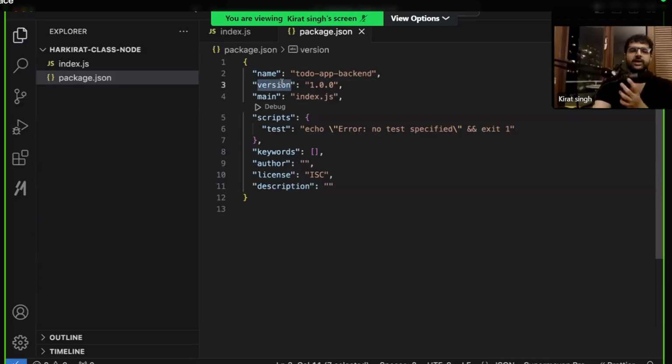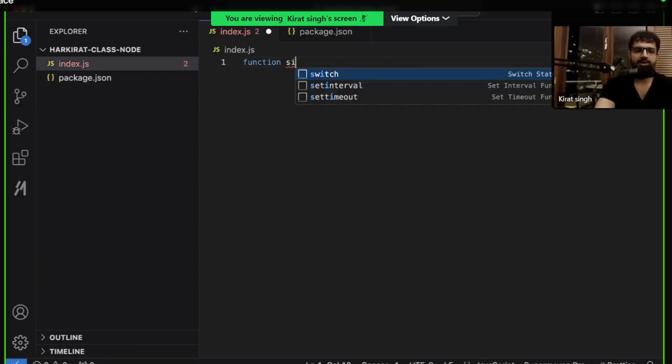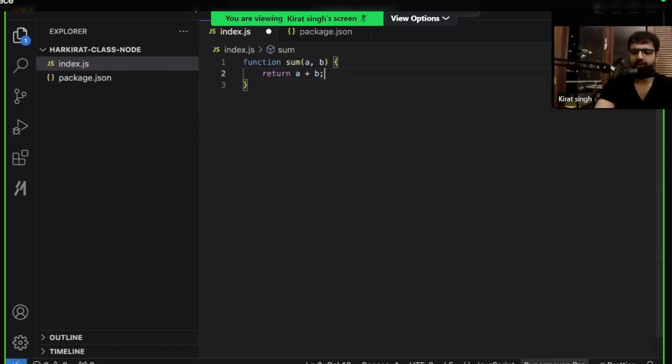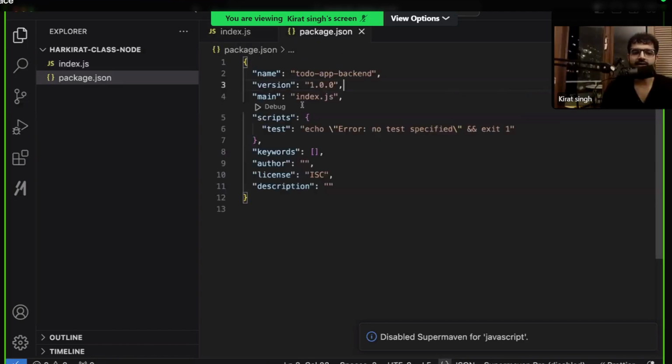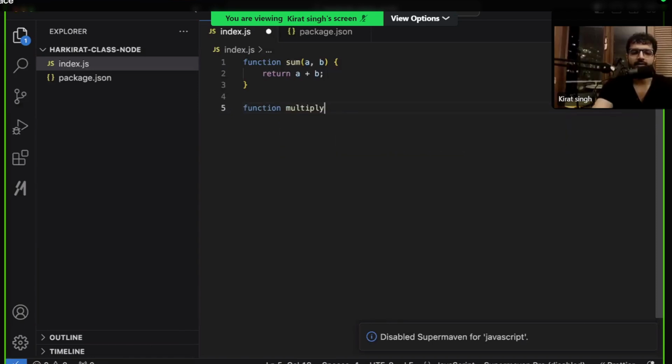Version. This will become important. This will come when we reach the external packages section. For now, feel free to ignore. Or you can think of it like when you're writing your code, for example, you write function sum a comma b, return a plus b. Let me turn off AI here. When you've written some basic version 1 of your code, you will set this to 1.0.0. Then let's say you added another function here called multiply.